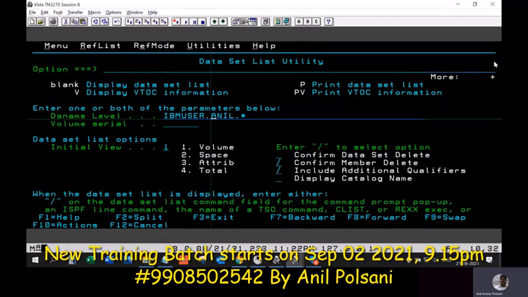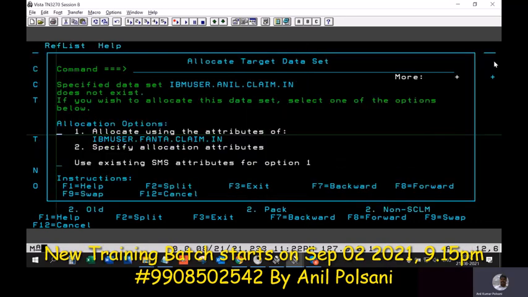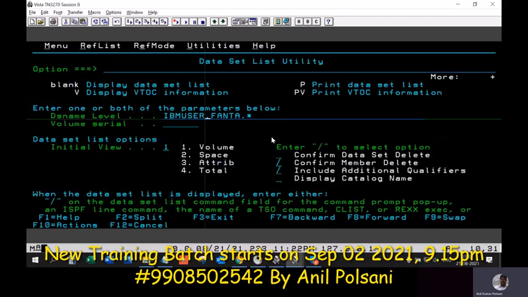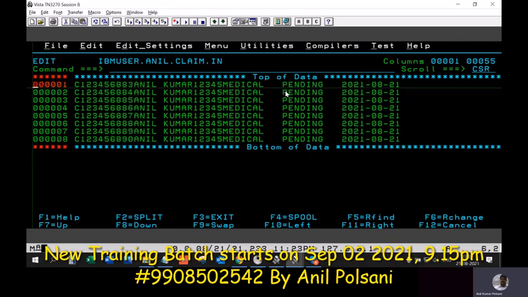Let's go back to the Fanta file again. Try again one more time. First thing is my mistake only, it's my old data set being used there. Now it is asking for creating a new one. Yes, please create. Then go to the personal file of mine, and here I would like to remove these two records. I can edit it here because this is my file.